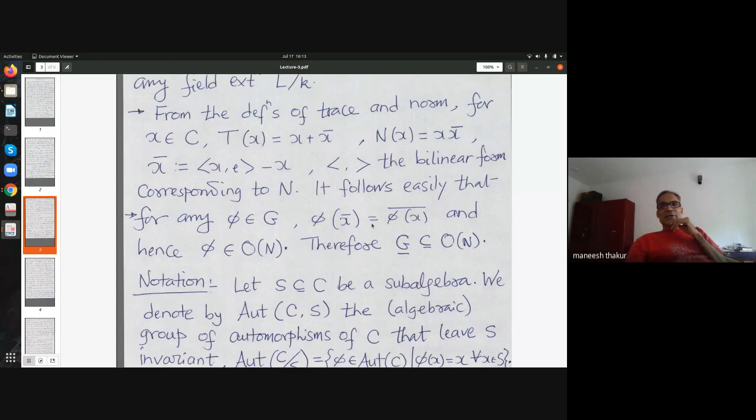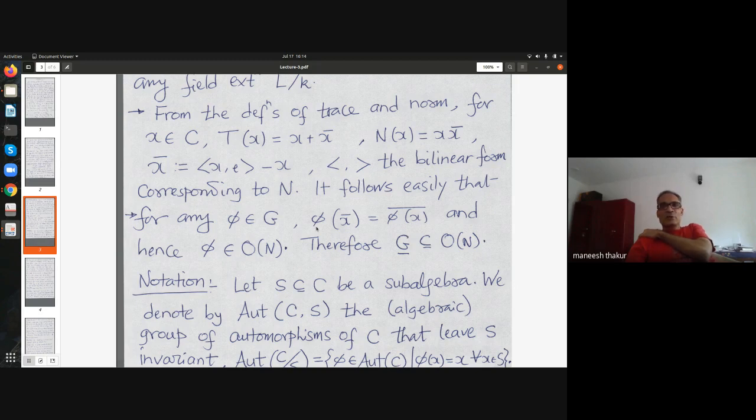That is correct. So actually, one has to do a slightly longer proof. You have to write down what this means. So the norm bilinear form, you expand it out and then put x and e and then calculate. So this is just some easy argument. Actually, I was trying to give a quick argument that's wrong. Any automorphism, finally we should prove from here. This is not difficult to prove. You can prove it using these explicit expressions. I was trying to give a smart one-liner, but it didn't work.